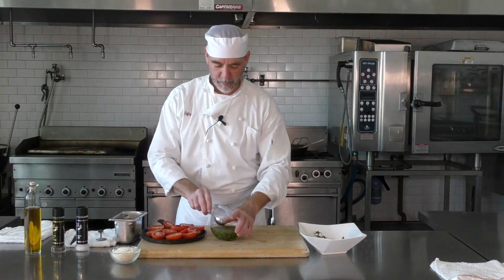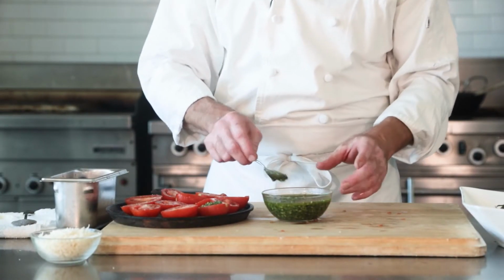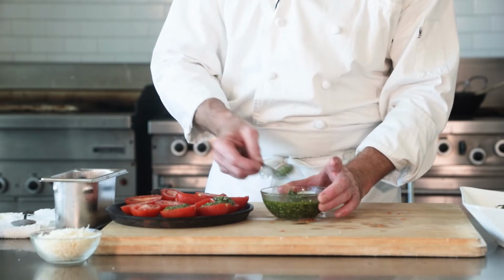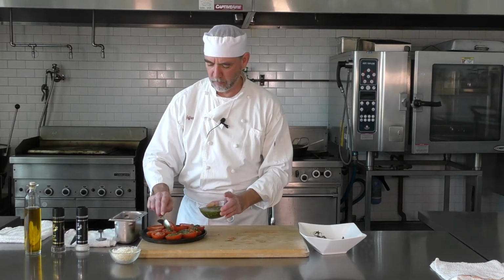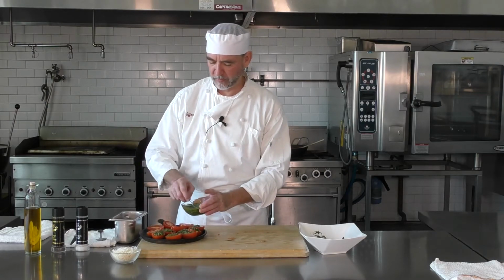And then we're going to take some of that pesto, and we're just going to put like a little spoon on each one, maybe a teaspoon or so, a little teaspoon. Like I said, that's what that little pocket's for. See how it holds that so nice? And so you get some. They don't want to stand upright. You just help them a little bit. Like I said, now all we're going to do is get a nice little spoon on each one of them,